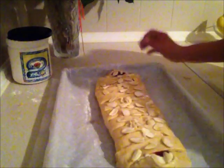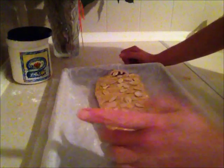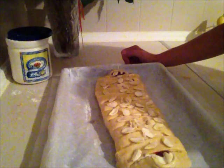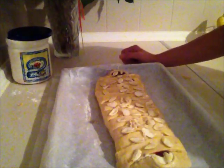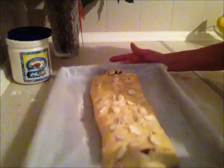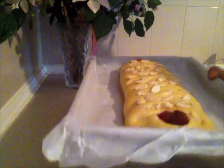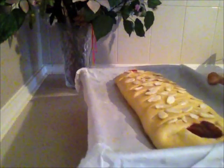Your oven has to be a certain temperature for your puff pastry to rise. And this needs a little bit of rise time too. So we're going to let this sit for about 20 minutes. It's already been 10 minutes in the working, and the oven's been preheating for 10 minutes. So we're going to give it another 20 minutes and then pop it in the oven. Our pastry is ready. We're going to put it in the oven, like I said, at a temperature of at least 400 degrees, depending on your oven, 400 to